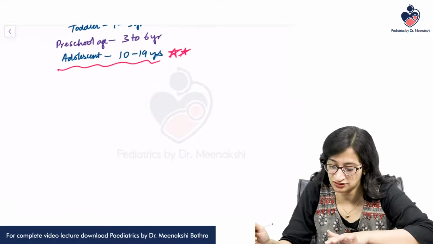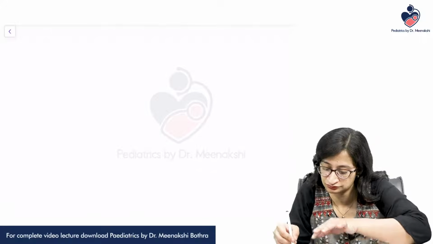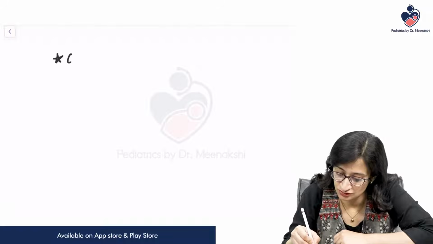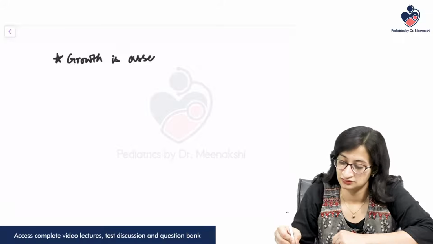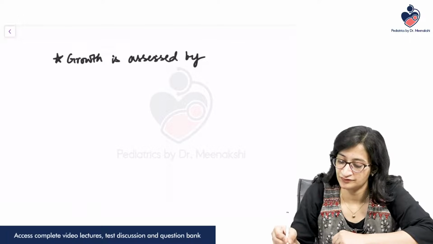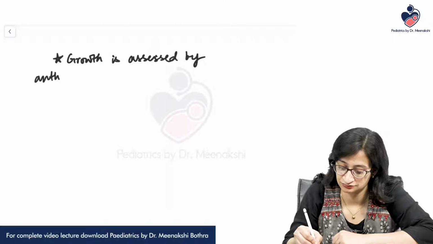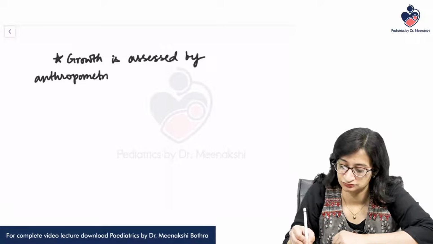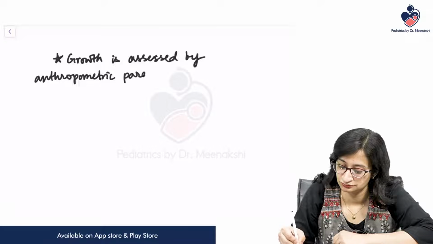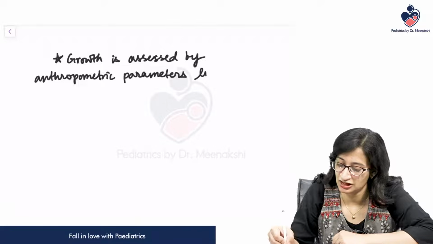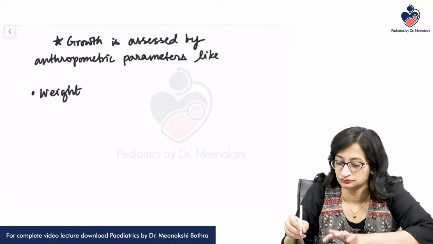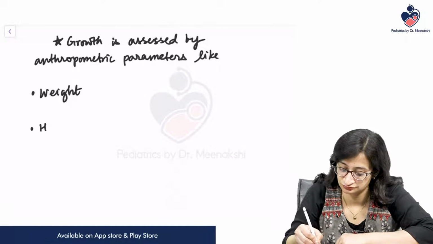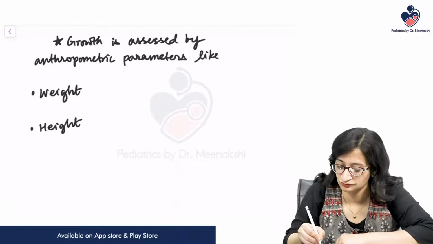So, let us write down that growth is assessed by anthropometric parameters like the weight, the height, head circumference,